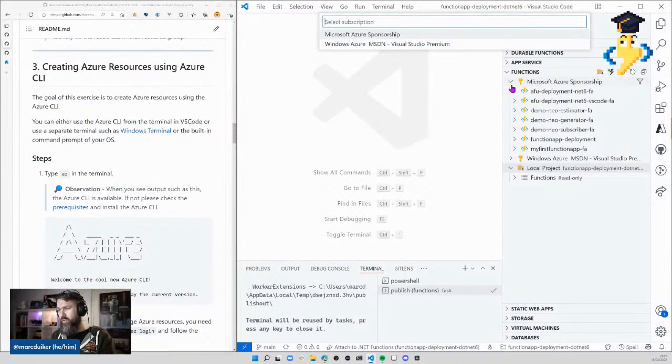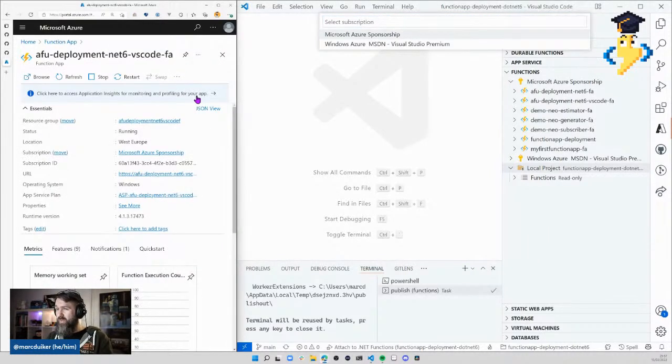That was also an advanced option. And using the simple mode, we only have to specify a function app name. And we didn't need to specify a storage account name or an app service name or stuff like that, because all of these things were generated and some kind of templated